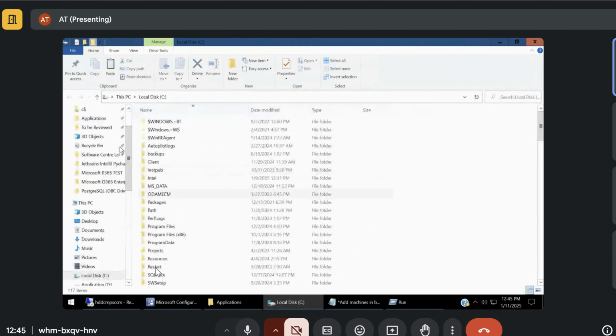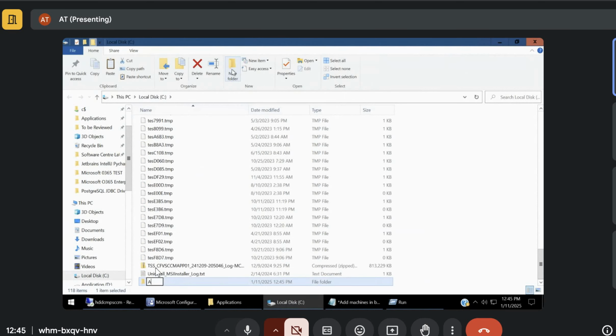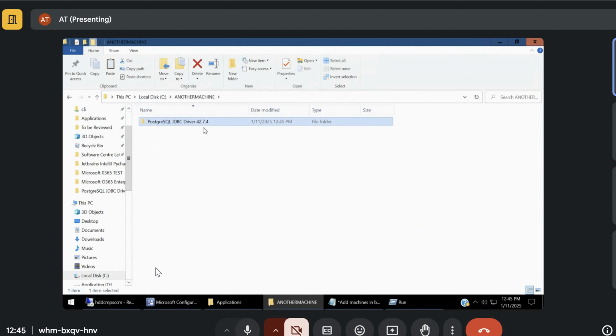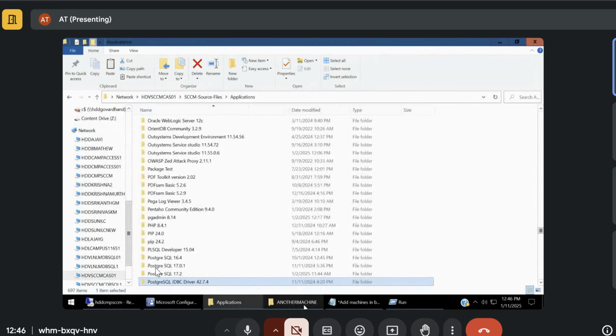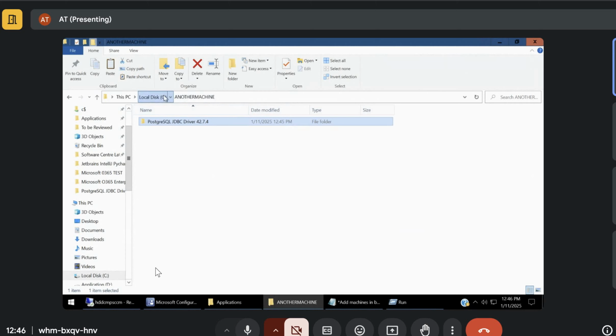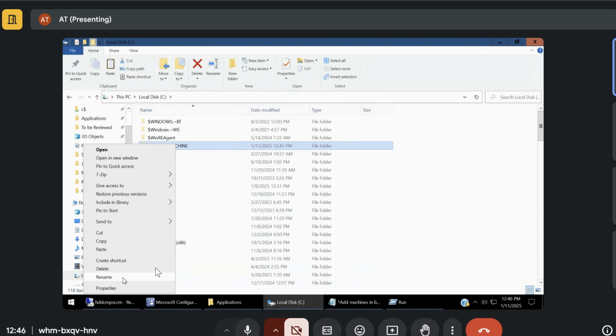Assume that this is another machine. If this is another machine path, you will place the same package there and you will tell them, this package is near to you, this path is near to you. So please copy this folder from here, access this package from here instead of my Hyderabad path. Okay, don't access from my Hyderabad path. Please access from this path which is near to you. Okay,